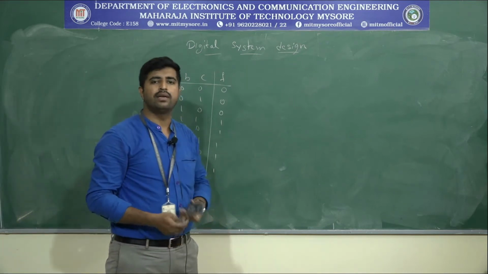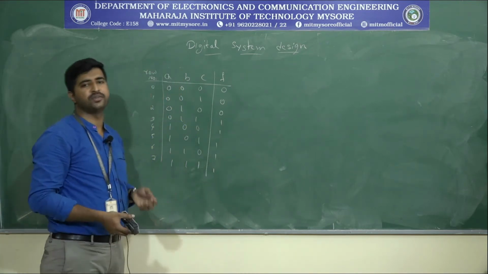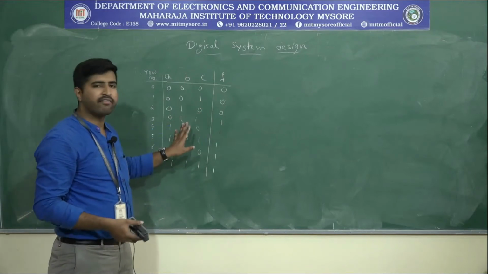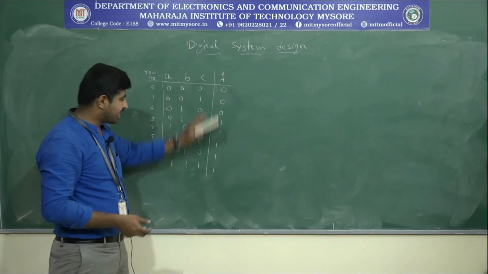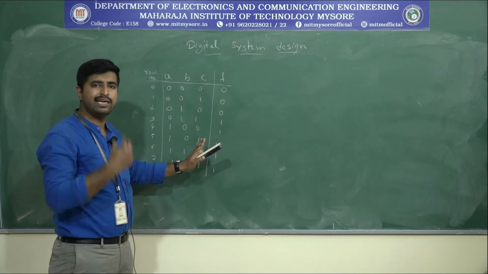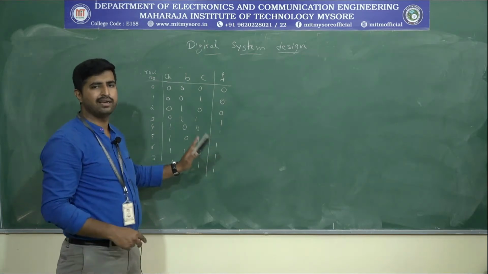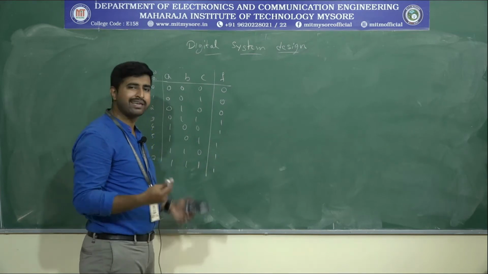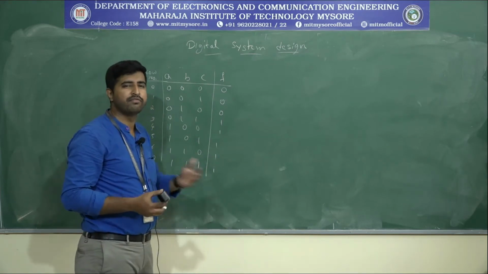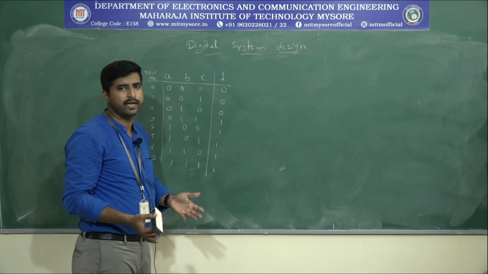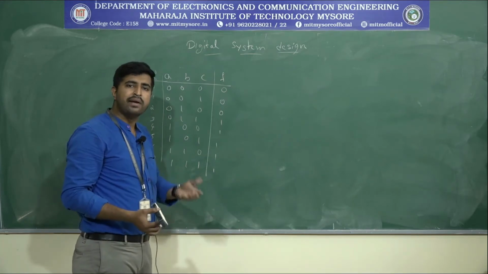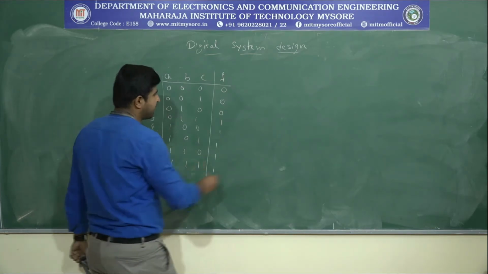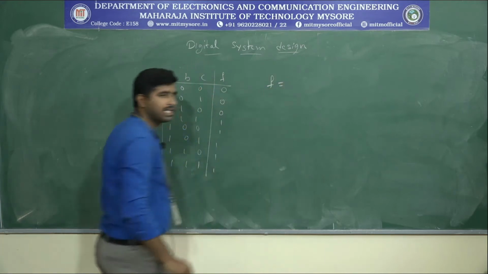Let's take an example of how to reduce the switching equations. This is the example I have taken. Let's write the Boolean equation and reduce it. Let's simplify the Boolean equation. I will take a min term equation; you can take the max term also, but max term simplification is always more complicated. So we will always go with the min term equations. Let's write the min term equation for this corresponding output.